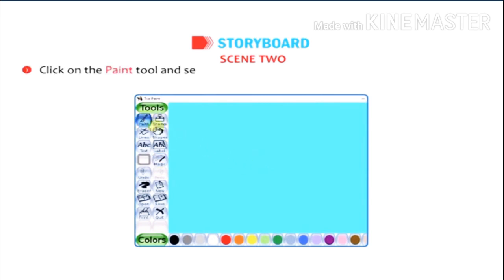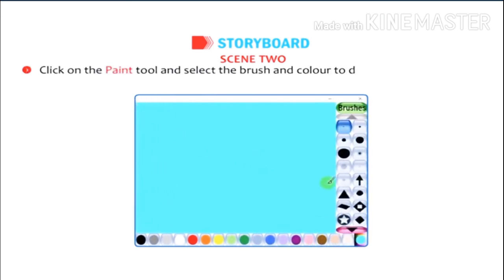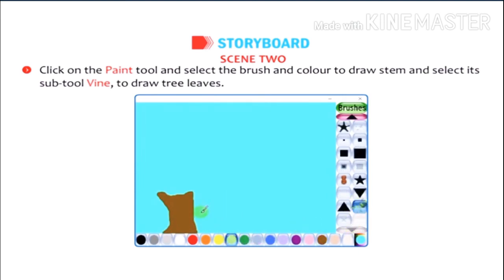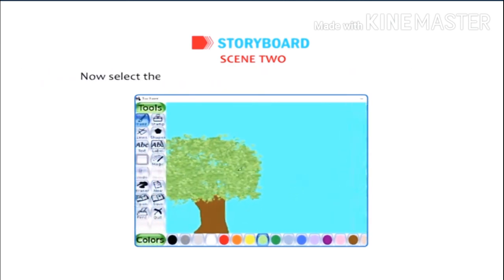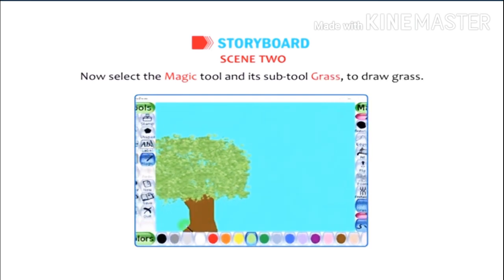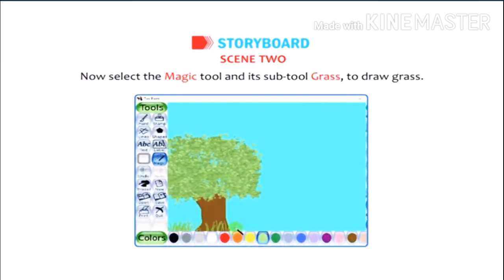Click on the paint tool and select the brush and color to draw. Select the stamp tool and its subtool vine to draw tree leaves. Now select the magic tool and its subtool grass to draw grass.